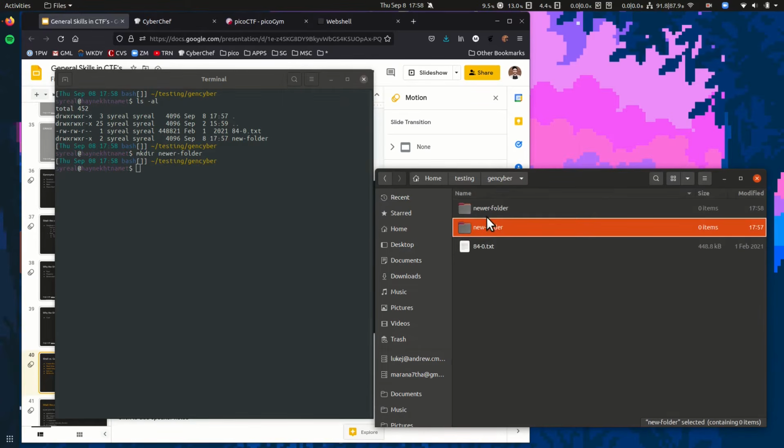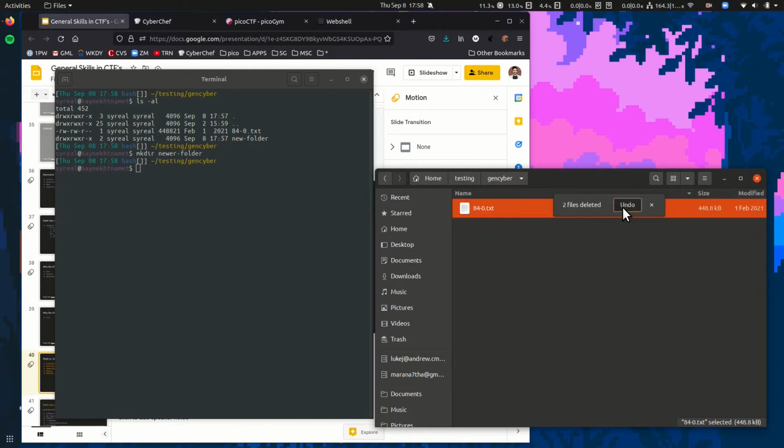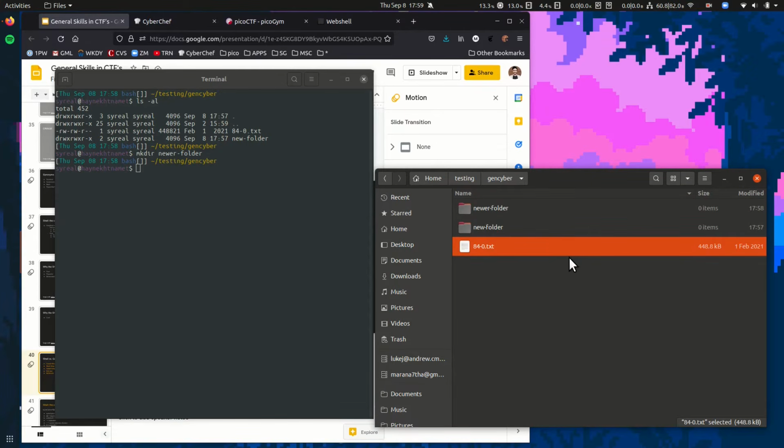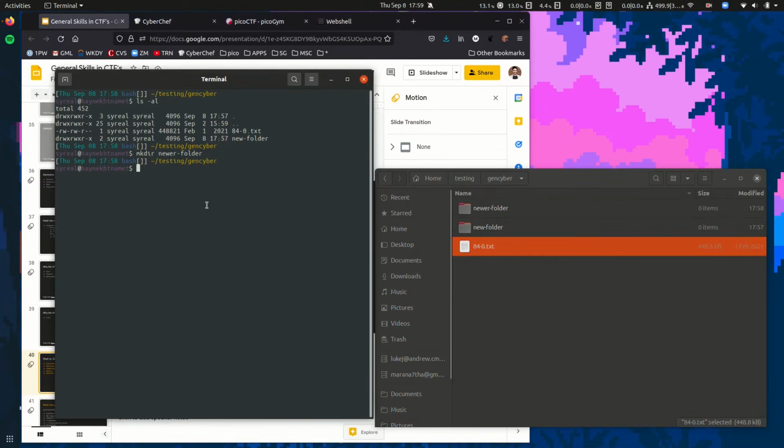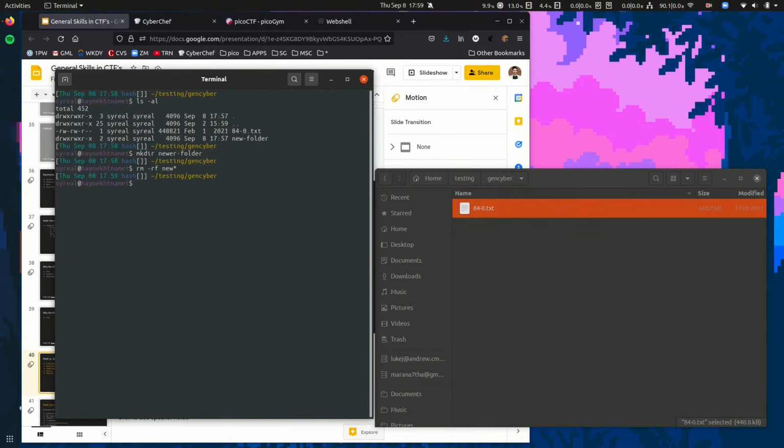And if I were to delete these folders the graphical way, I could hold down Shift and select multiple folders and hit delete. Or with the shell, I could enter a command like this to delete them all in one line.